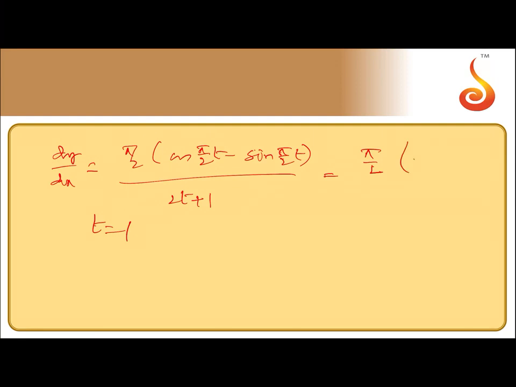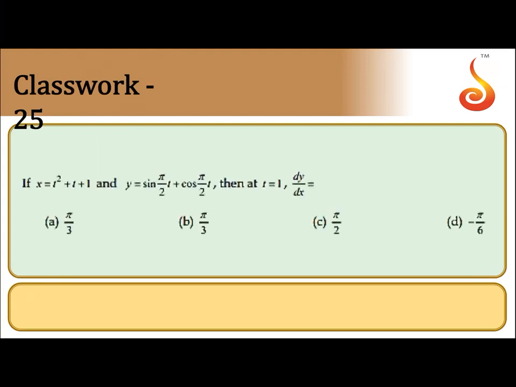When you substitute t is equal to 1, it is pi by 2. This will become 0 minus 1 divided by 3. So that answer is equal to minus pi by 6. So D is the answer for the problem. Right? So in this video, we continue the remaining problems in the other